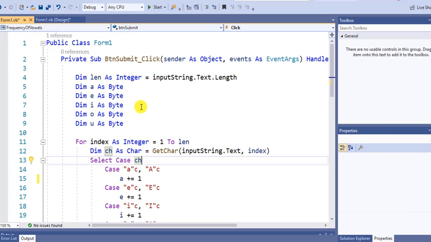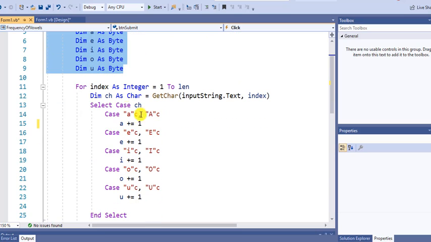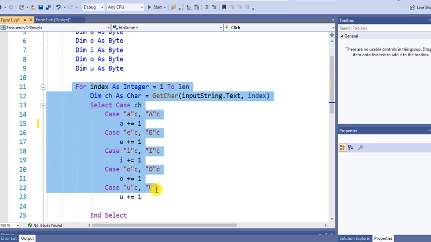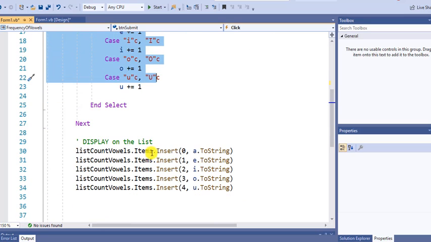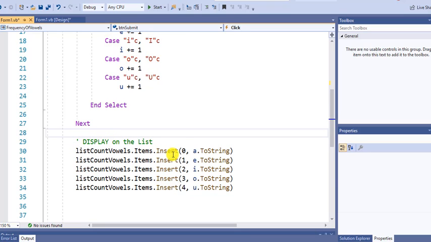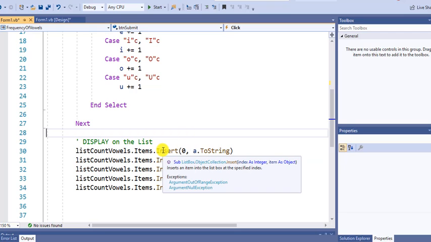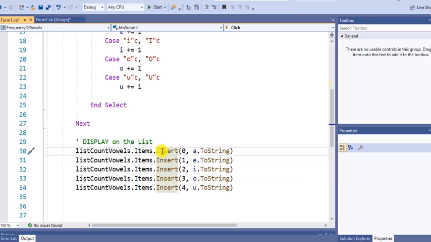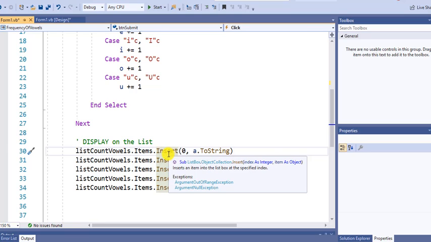the same algorithm that we did before, figuring out the length, defining the variables, and a for loop, very identical to what we did before, except that instead of displaying on the console, we need to display the letters in the list box. And the method we are going to use is the insert, and insert is going to tell you,